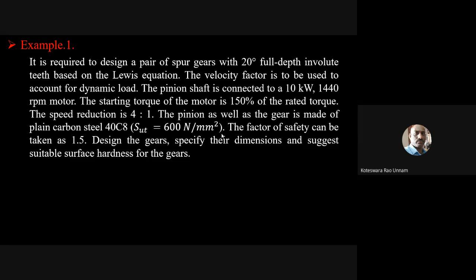Then the equivalent Young's modulus formula is also given in the next table, 2E1E2 by E1 plus E2, like that. You can take it. So then the next table is